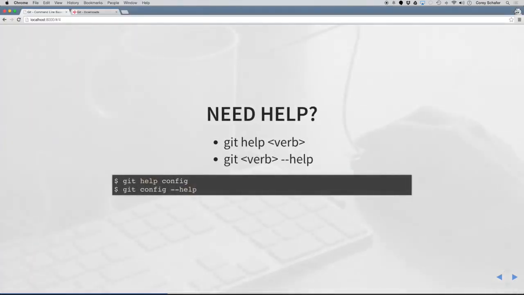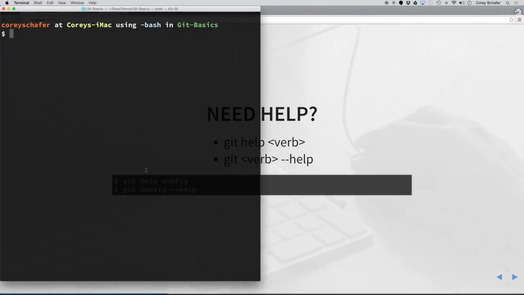Now git config was the first Git verb that we actually used. It was the first action that we used. If you ever need help with any of these actions, you can use this syntax, either git help and the verb, or git verb --help. And what I mean by that is, using config as an example,